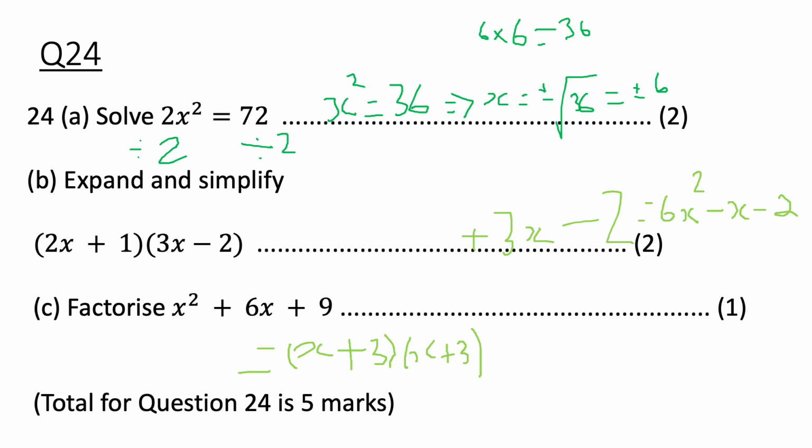Okay. Right guys, part B, expand and simplify this double bracket. So 2x times 3x is 6x squared. 2x times negative 2 is negative 4x. Plus 1 times 3x is plus,